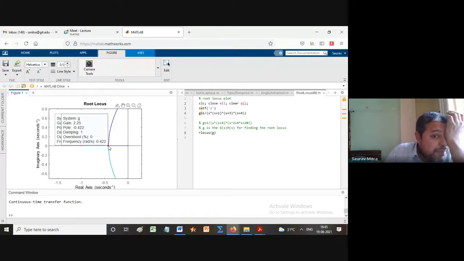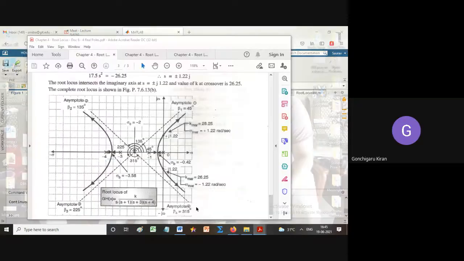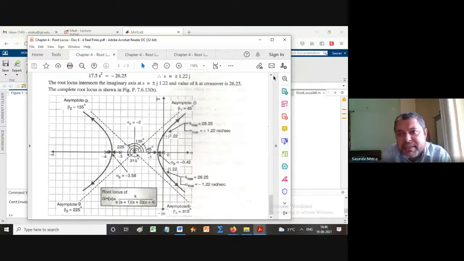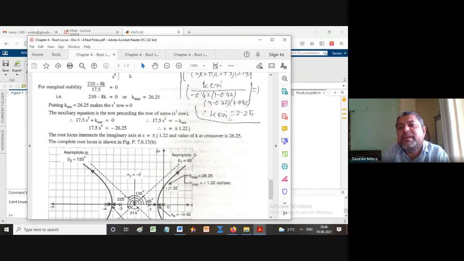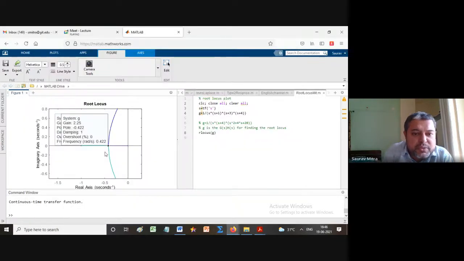Now the damping is visible. Damping is equal to 1. Exactly we are at minus 0.422. We had calculated the gain. Gain was 2.25, K critical. I think I had calculated K critical on the side. Yes, sir. Let us see. Above in the side we had calculated K critical. See, K critical is 2.25. Do you see it? So this K critical we had calculated. We have to see what K critical is in the other one. So K critical is 2.25 and overshoot is equal to 0.